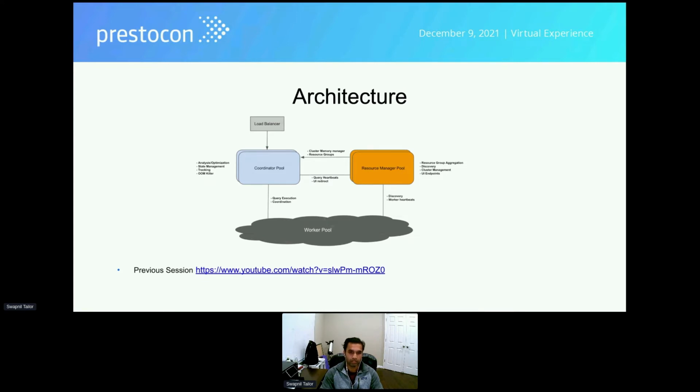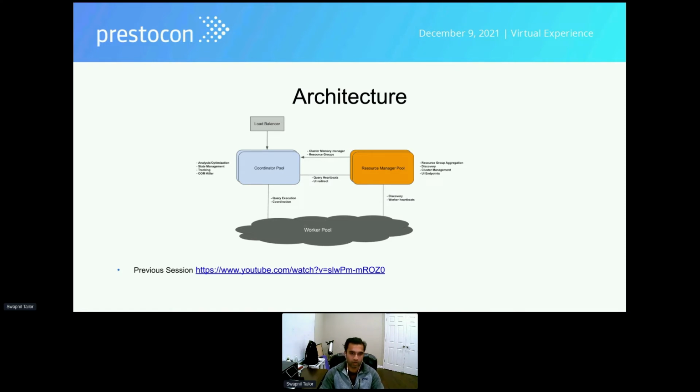As can be seen in the diagram, the coordinator has changed from a single coordinator to a pool of coordinators, but the fundamental work of the coordinator has not changed much. In the disag coordinator architecture, the coordinator sends regular query heartbeats to the resource manager, which helps the resource manager generate an aggregated view of the running and the queued queries in a cluster. This information is later used by the coordinator to allow a given query to run or queue in a given resource group.